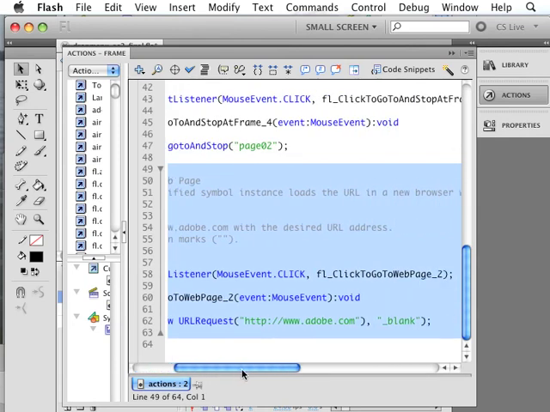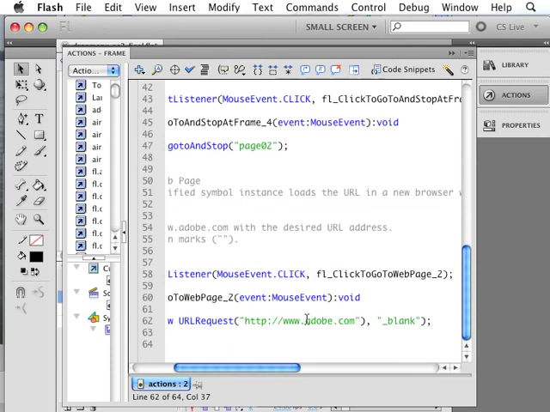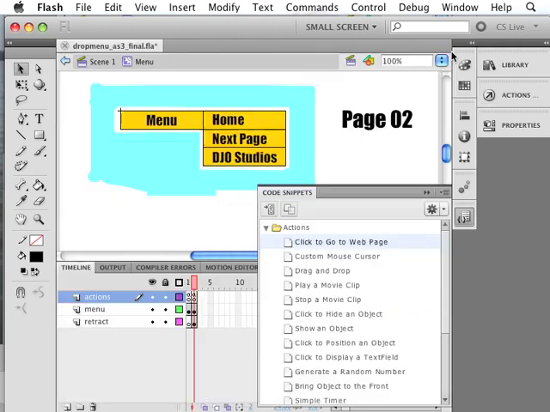You just literally need to go and replace the web address. So I'm going to put djostudios.com. Oh, I already have that there. So djostudios.com. And what does this blank mean? Comma blank. That means it's going to pop up in a new tab or a new browser window, depending on your browser. So we'll close that,